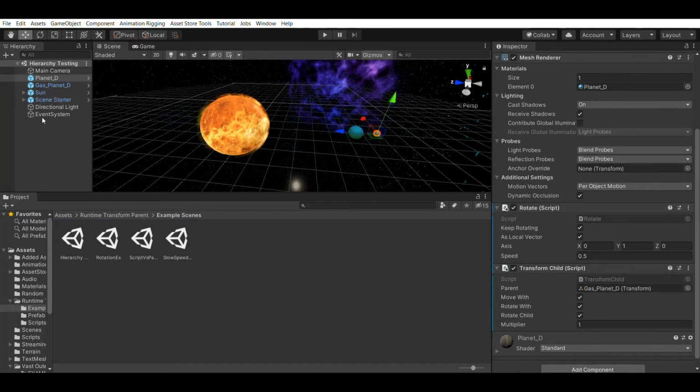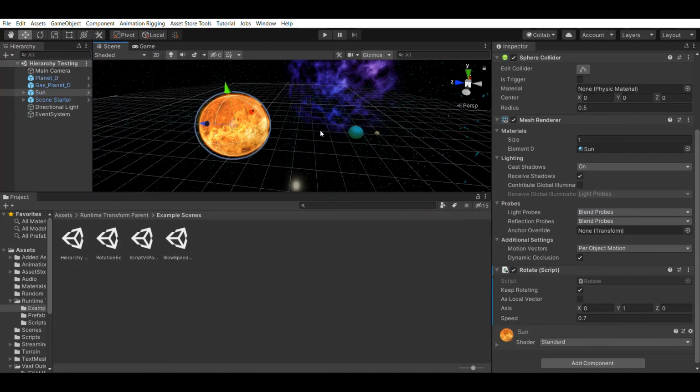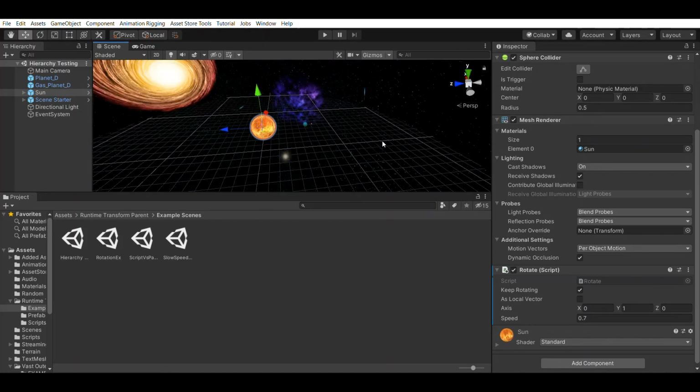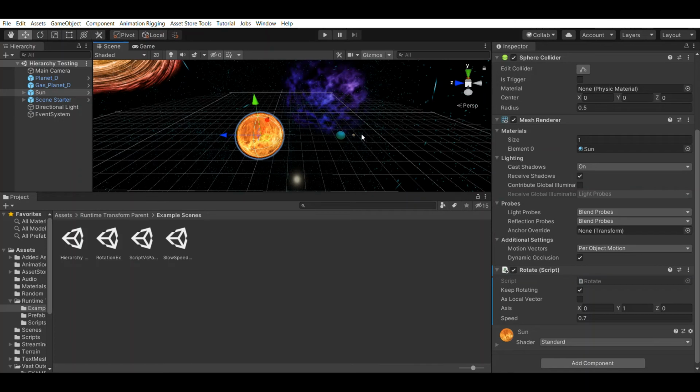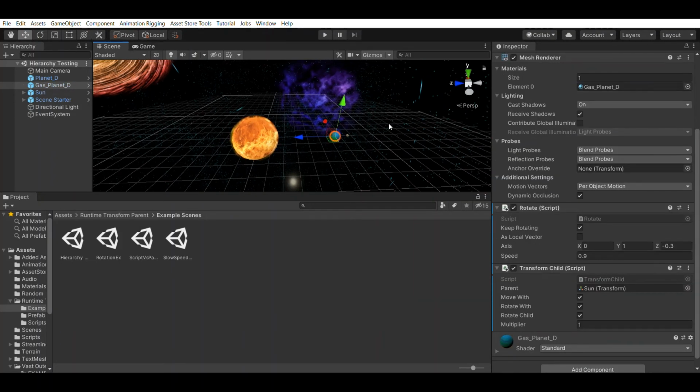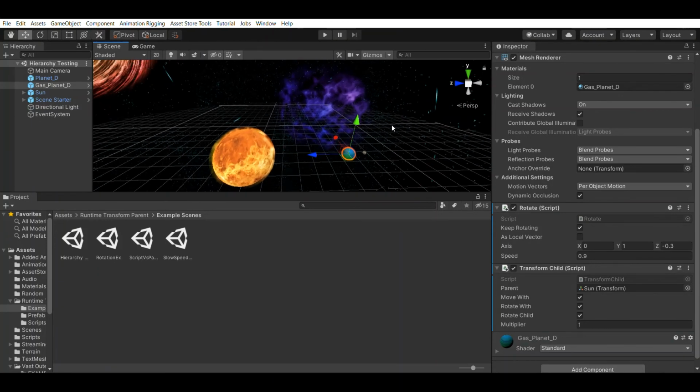So, some extra things to note about the transform parent. It was built with the classic parent-child relationship in mind. So the parent's transform is essentially absolute. Nothing that happens to the child will affect the parent's transformations in any way. Unlike the default parent relationship, where if a child's collider is hit, then it will stop the parent as well. If a child's collider is hit in this case with our script, it will simply continue to phase through the